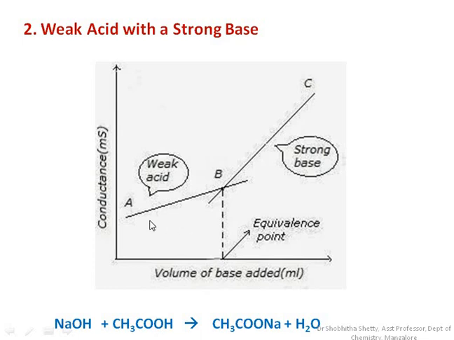That is why, with respect to acetic acid, the conductance value increases steadily due to the formation of sodium acetate, and this line is with respect to the accumulation of NaOH. Due to the mobility of the hydroxyl ion of sodium hydroxide, there is a sharp increase in the conductance value. So this is about the weak acid versus strong base titration. You need to explain this in detail along with the graph, followed by the reaction that takes place.